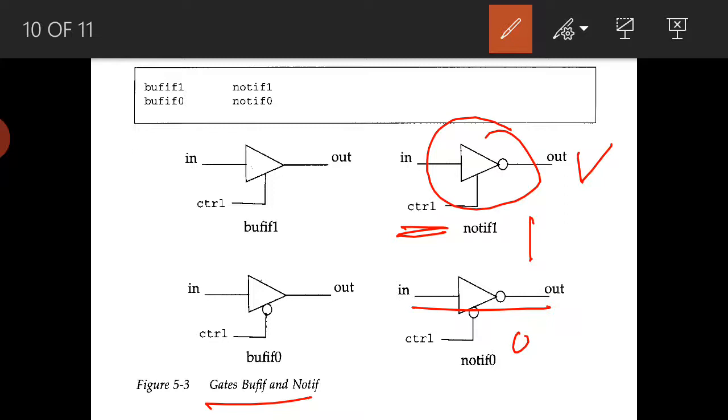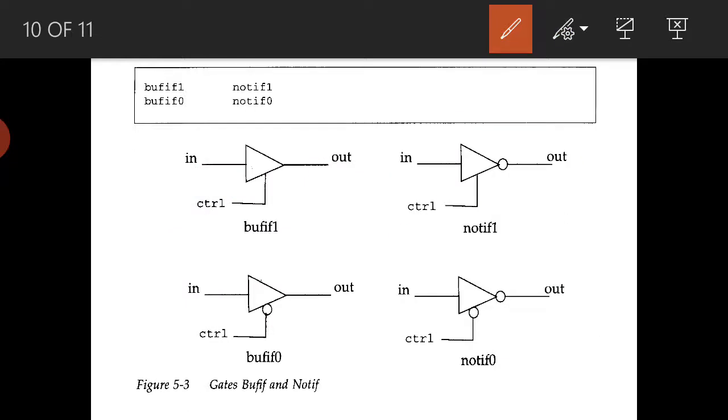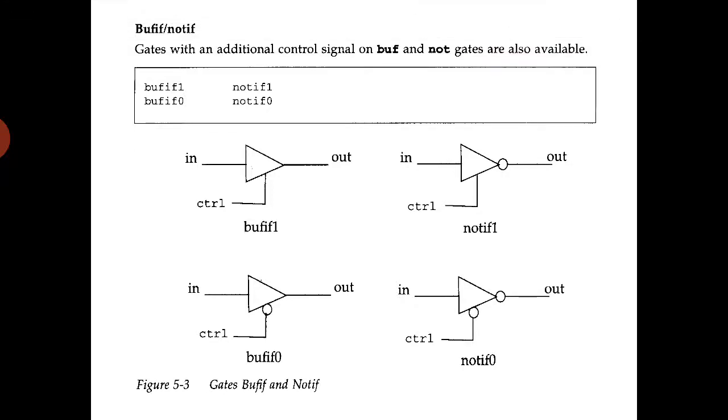In some cases, usually while controlling data buses, we need to have the control. Whenever we require, only then we pass the signal; otherwise we don't want to pass it, it should be high impedance. In that case we can use a series of buffers and inverters. So this is one more type of buffer and NOT gate.